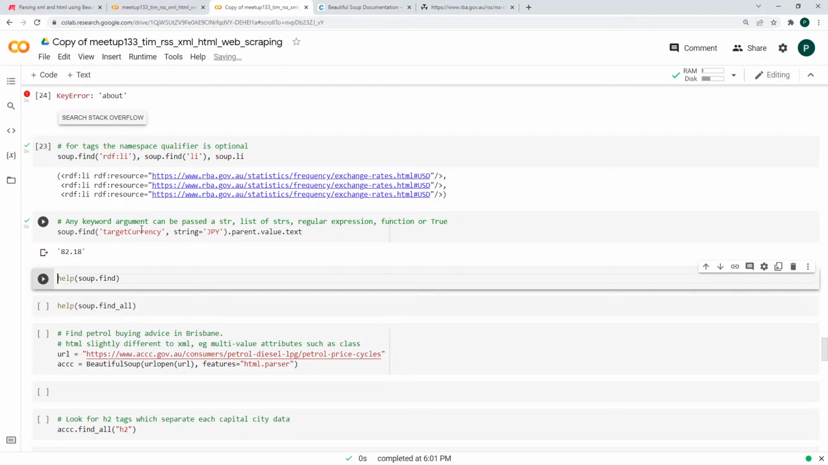Now you can pass in any keyword arguments here into the find command. They can be strings, a list of strings, regular expressions, functions, or true. So let's have a look at each of those things that we can do with keyword arguments in using